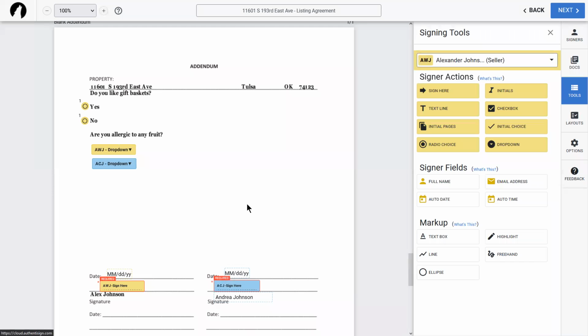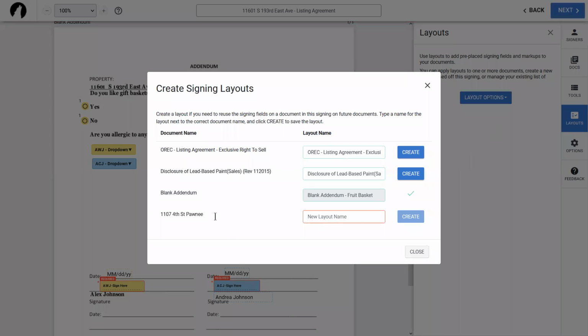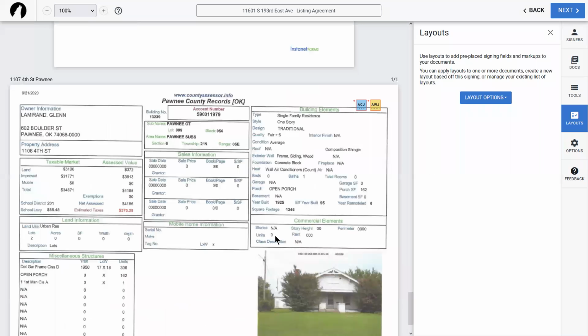Now to create a layout, you still have to go through the process of initially putting in all of the checkboxes and all the drop-downs, signature blocks, whatever you needed to add. But then when you go to layouts, you just do create layout, and it'll remember that for you. So for instance, let's say that I wanted to save the layout that I had with the initial blocks there. I can just do initials and create. We're all set. So that way, the next time I load up maybe a county assessor's information, it'll automatically have the option to just apply a layout and use the previously laid out section.